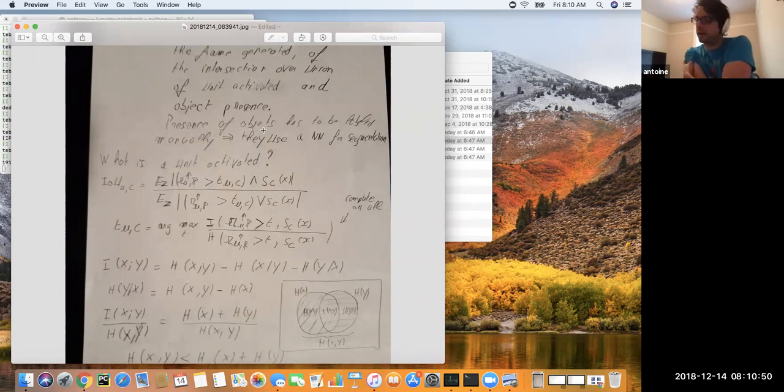For that, they are using this IoU metric. They generate a bunch of images with this specific class of object. Then they use the segmentation tool to know where the object is,